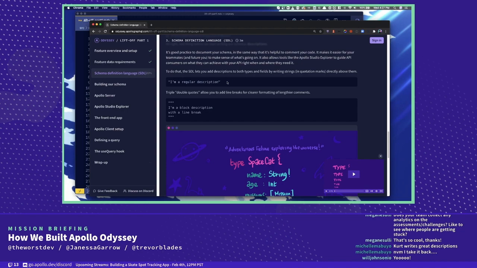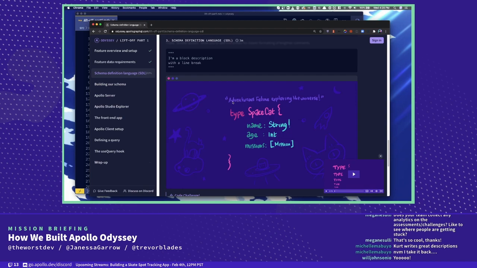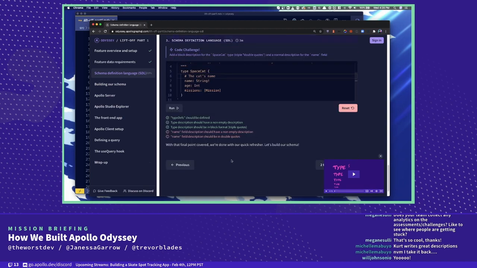So here we go. In the test results, if you read the last two, it tells you: read your error messages. That's the lesson for today. Error messages are your friend. It says it should have a non-empty description, which of course failed because I didn't do it right. And then the description should be in double quotes. And what did I do? I did a bash command, like a GraphQL comment. Exactly. So for description, it's actually different. I did a comment, and this is a description.